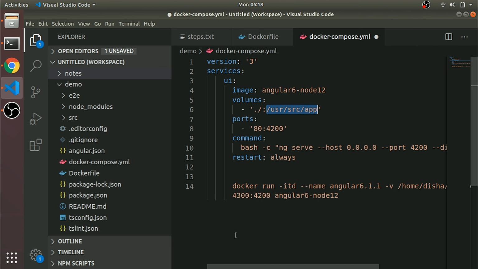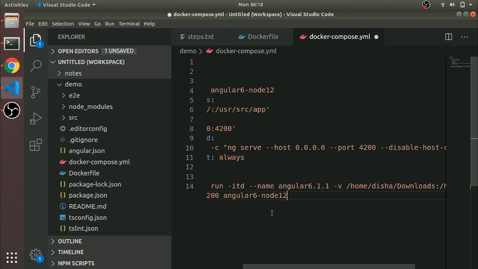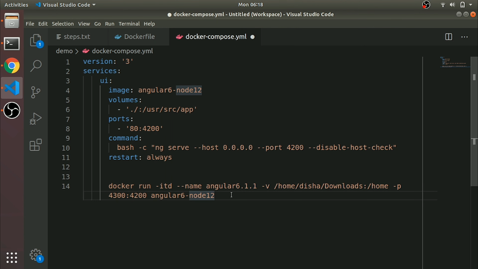Next, we did port mapping there, this one with -p. This is the port inside the container, and this is the port outside the container. I kept the same thing here, but instead of 4200 I changed it to 80. That means if you put localhost, it will run our Angular 6 project, instead of localhost colon 4200 as we did last time.